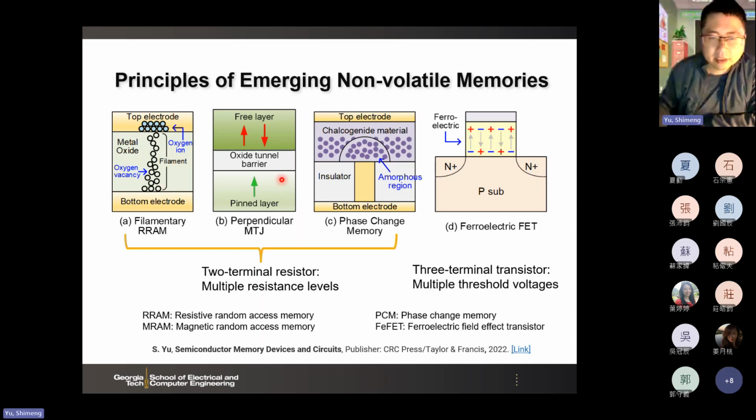And then we have the magnetic tunnel junction, the basis of the MRAM. Depending on the magnetization orientation between those two little magnets, we can have the anti-parallel and the parallel configuration. Then we have the high and low resistance states. And then phase changing memory, again based on the chalcogenide material, and then depending on the crystalline phase of this material, we can have the low resistance state, or the amorphous phase,